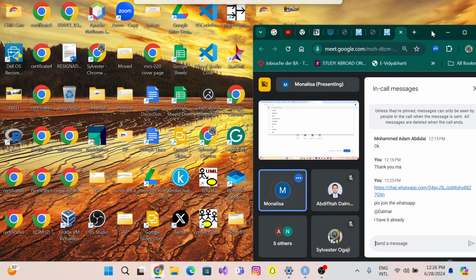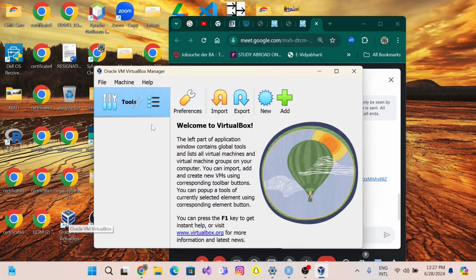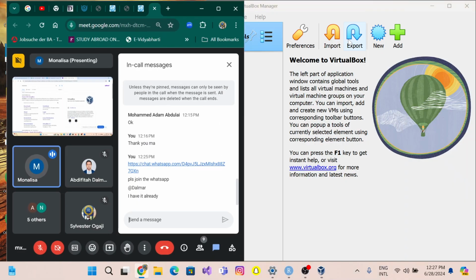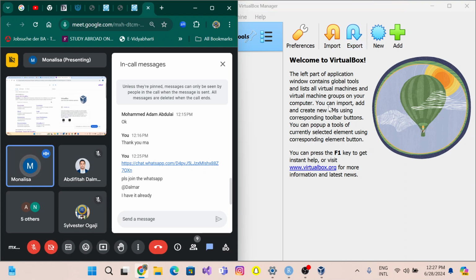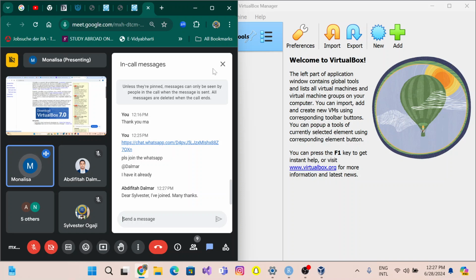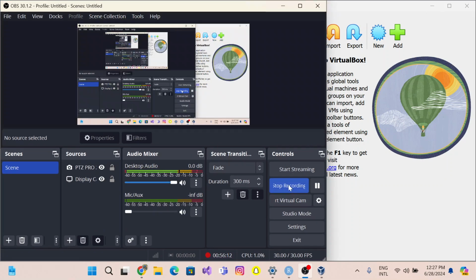Right here, VirtualBox. Open your browser, just write VirtualBox, and in the first result you can see Oracle VM VirtualBox. Click on this. Then the latest version is 7.0. Click on download VirtualBox 7.0. Whenever you click on this, you can see the platforms on which VirtualBox 7.0 runs. As we know that we are working upon Windows, if